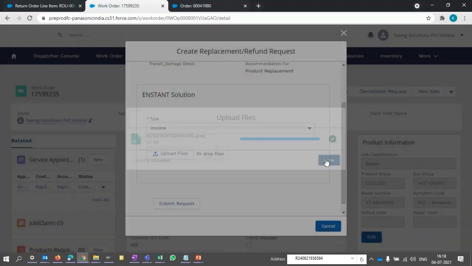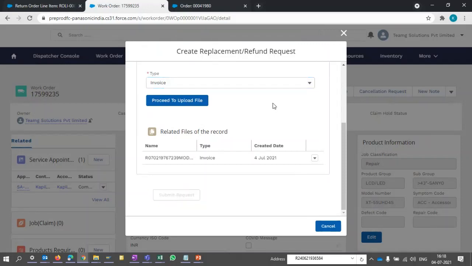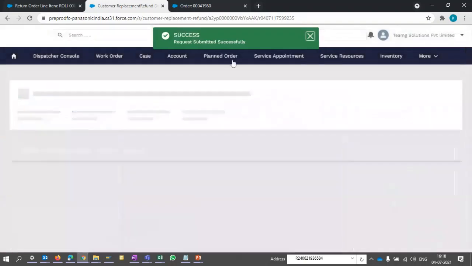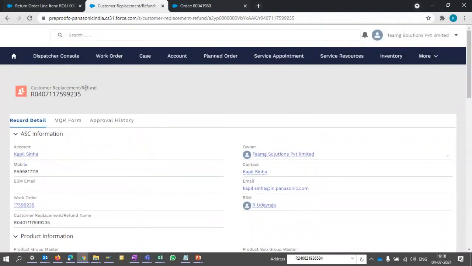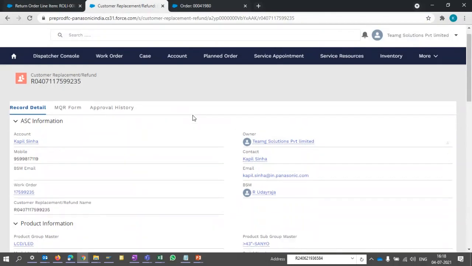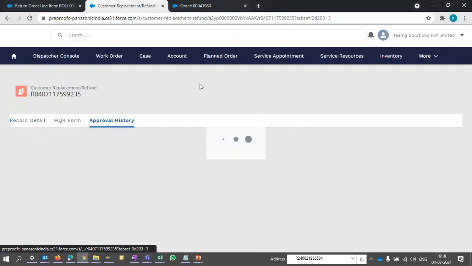It was done. Now, once it is done, the option of submit request will be enabled. So just click on submit request. Request submitted successfully, so the customer replacement request was initiated. You can see the approval history from here.